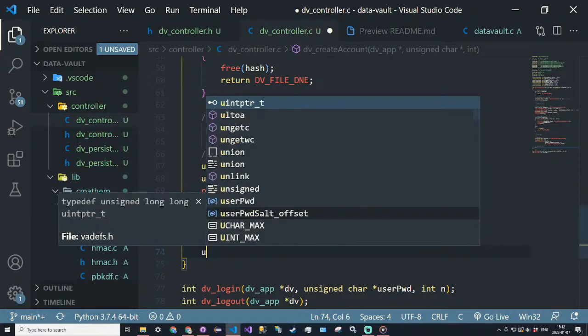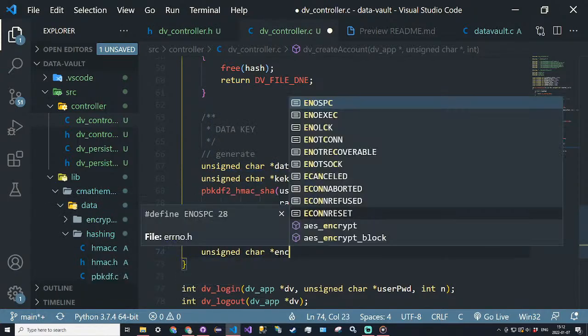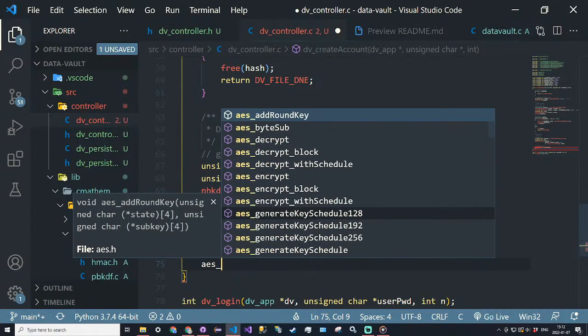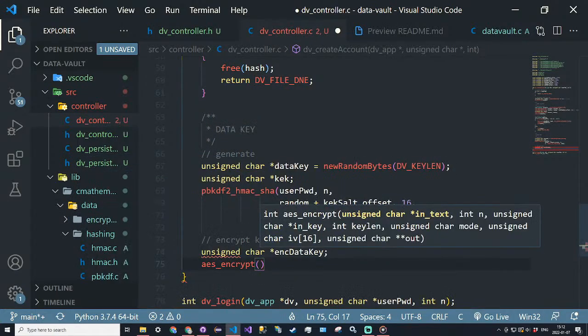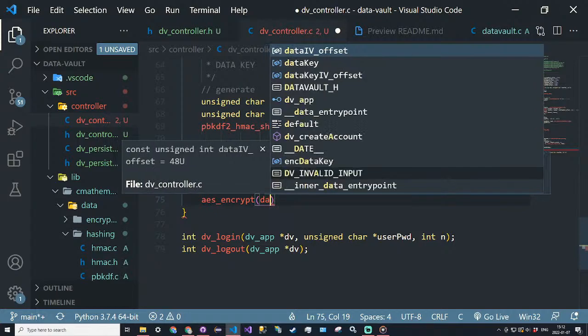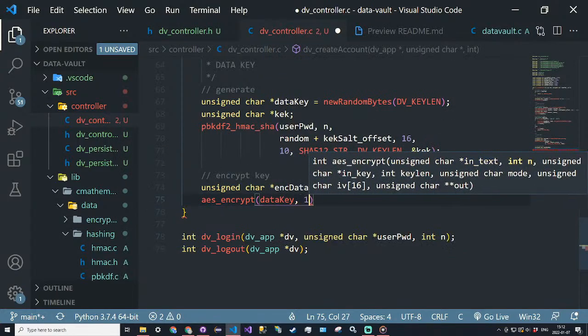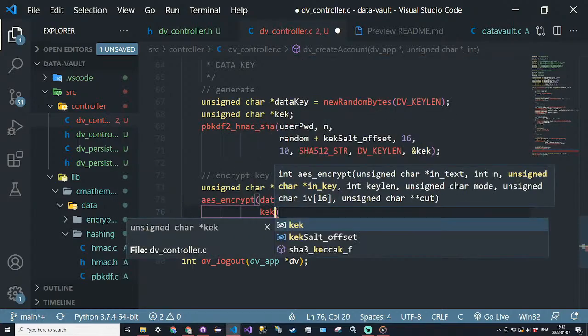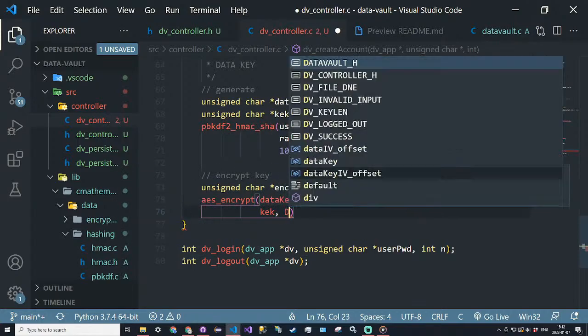So unsigned character pointer encrypted data key. This will just be AES encrypt. The input is going to be our data key. It's going to be length of 16. Then the input key will be the key encryption key. The input key length will be